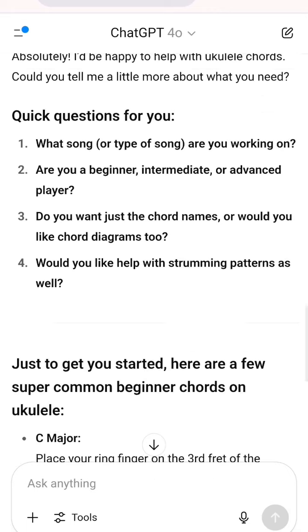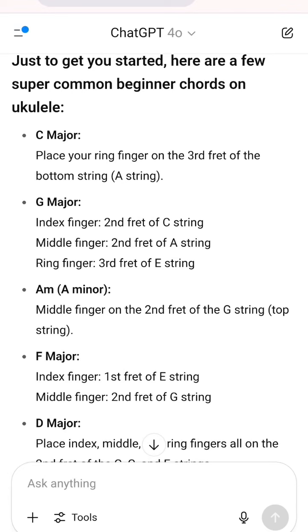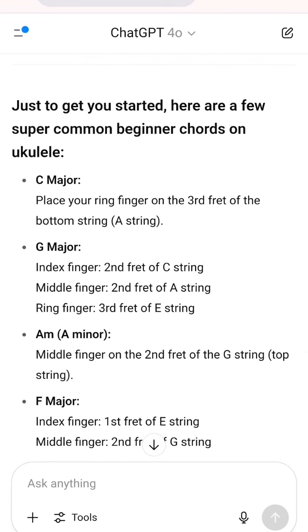So it's got some quick questions. But I'm just going to scroll down. So it has asked me if I want to add some more detail here, but it's giving me some where to put my